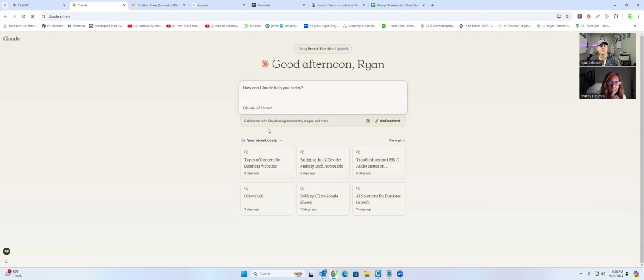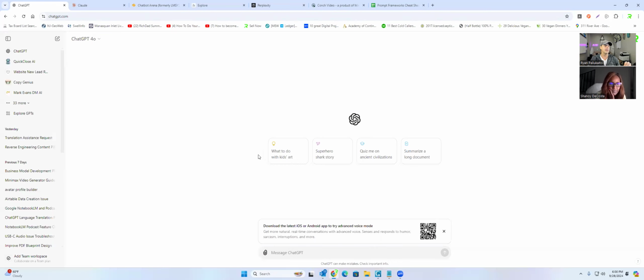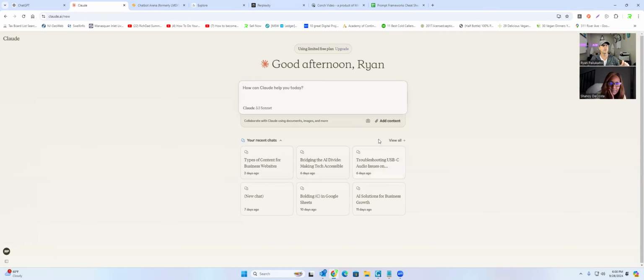So where would this come into play? For me, this could be blogs, website, social media, emails, whatever it may be. This I feel is a little better than what you would get from ChatGPT. That's not to say though that you can't train these models and get better output, but that's it in a nutshell. Now, I don't have the pro version for this, so I am limited on my features